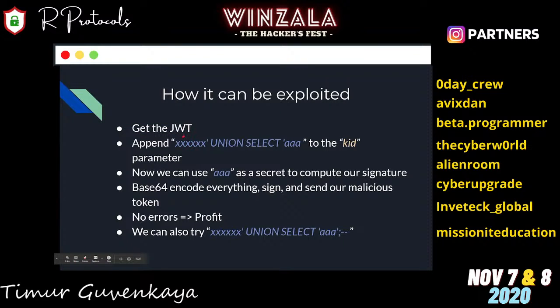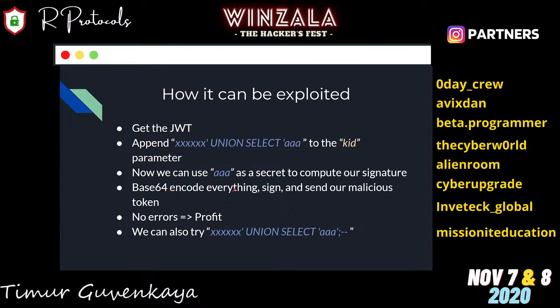Get the JWT, append this SQLi query to the KID parameter if it's vulnerable. Then we can use AAA as a secret. You can put anything you want in here: hello world, the name of your dog, the name of your favorite dish, for instance.